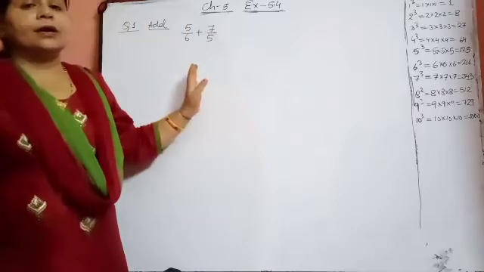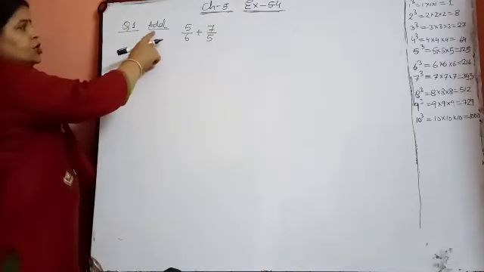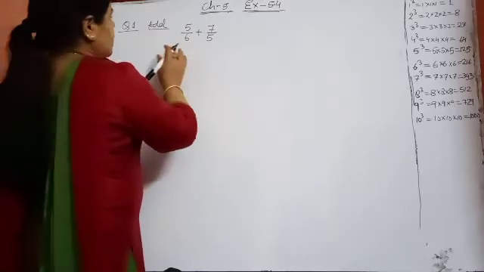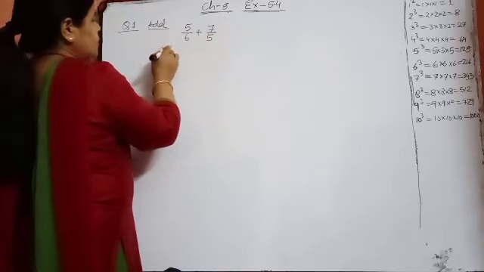In last class we were learning fractions and we had completed till exercise 3.3. Now today onwards we are going to start addition of fractions. Just see here. Question number 1 is 5 upon 6 plus 7 upon 5. Step 1 will be